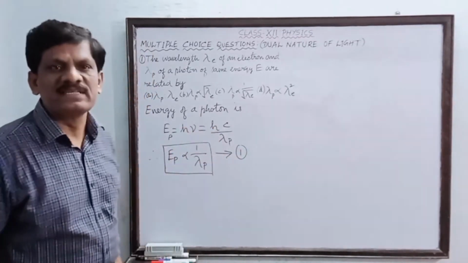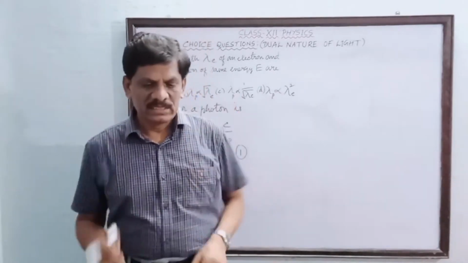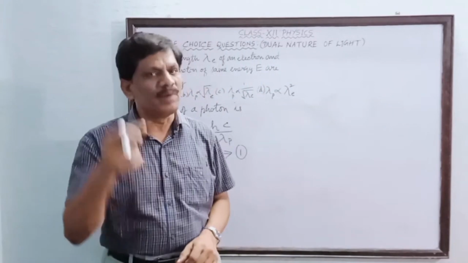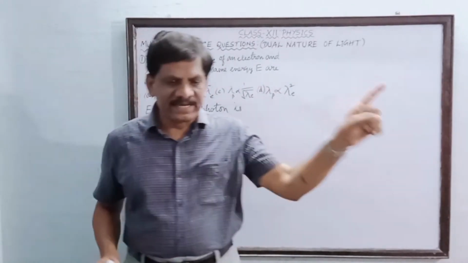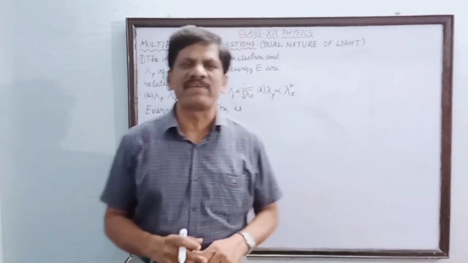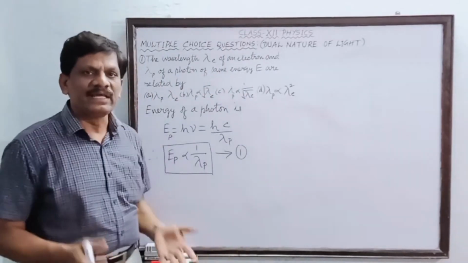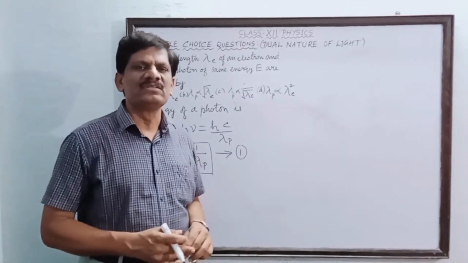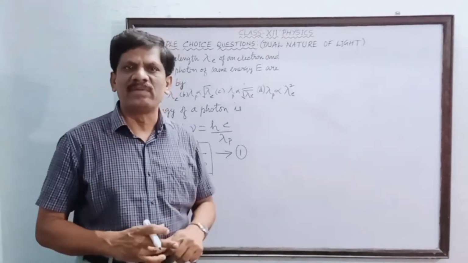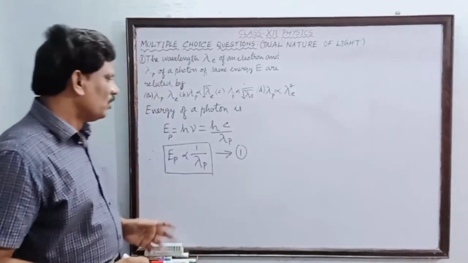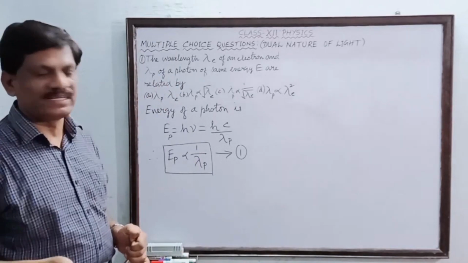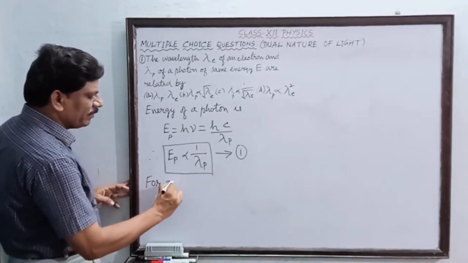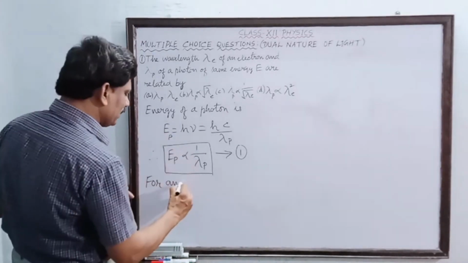Have you understood up to this first of all? Now, when an electron of charge e and mass m is accelerated by a potential difference of capital V volt, then the energy gained by the electron is half mv square is equal to the charge of the electron e multiplied by the potential difference. From that we have already derived an expression for the de Broglie wavelength of an electron. You tell me, for an electron,